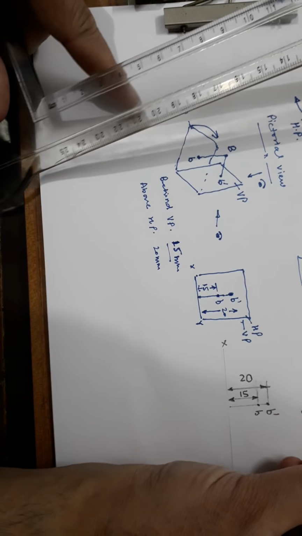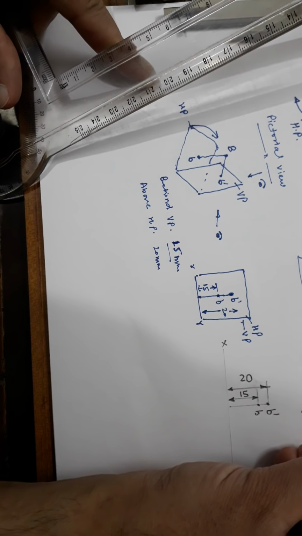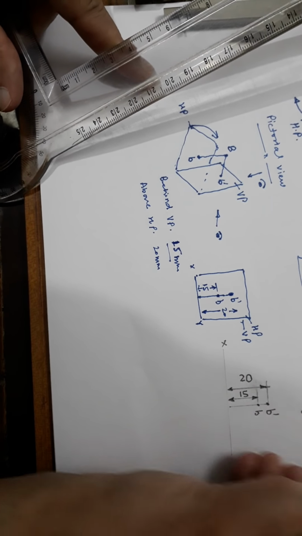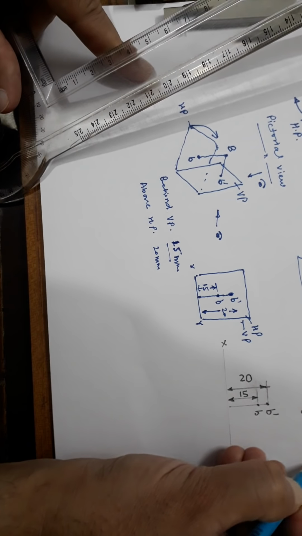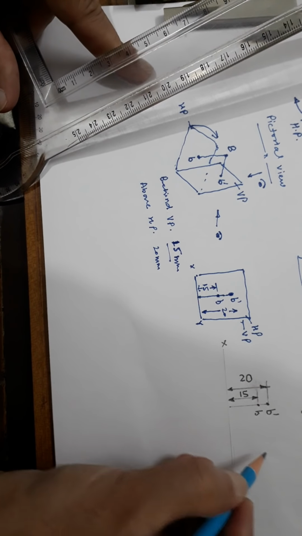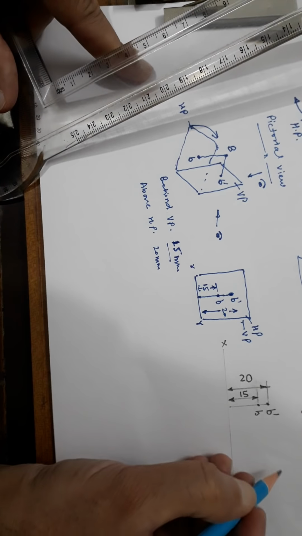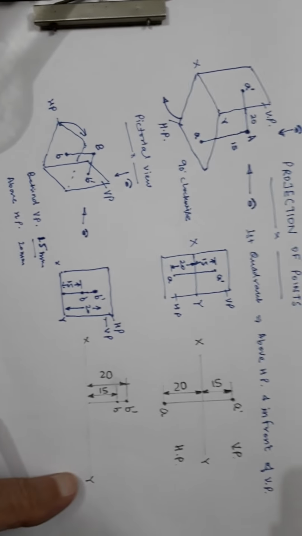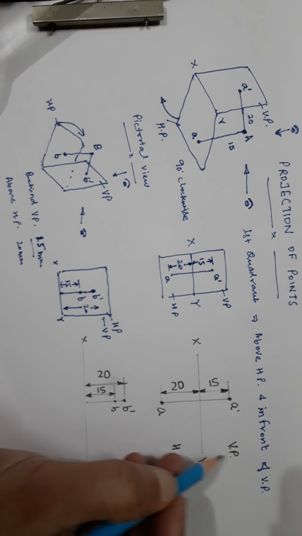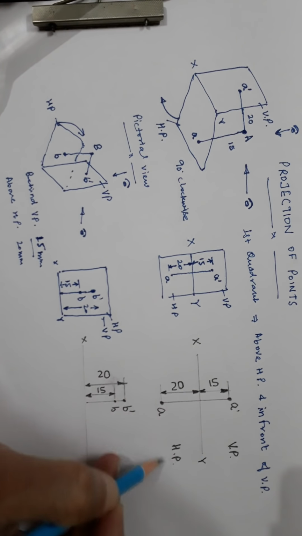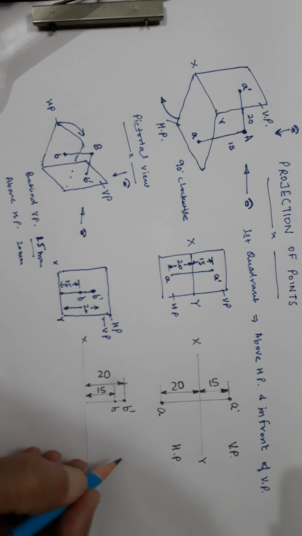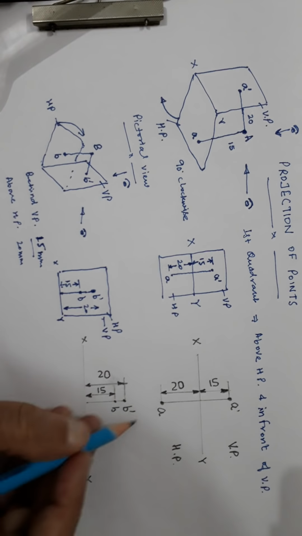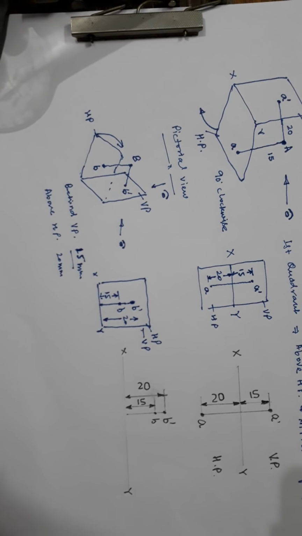So this is the first quadrant. You can also add this is the vertical plane, and this is the horizontal plane, because the horizontal plane is below XY when you rotate it. Now here both VP and HP are above. In the first case, VP was above XY and HP was below XY. Now in this case both VP and HP are above XY. No need to mention; you can simply draw this. I hope it is clear, the first and second quadrant.